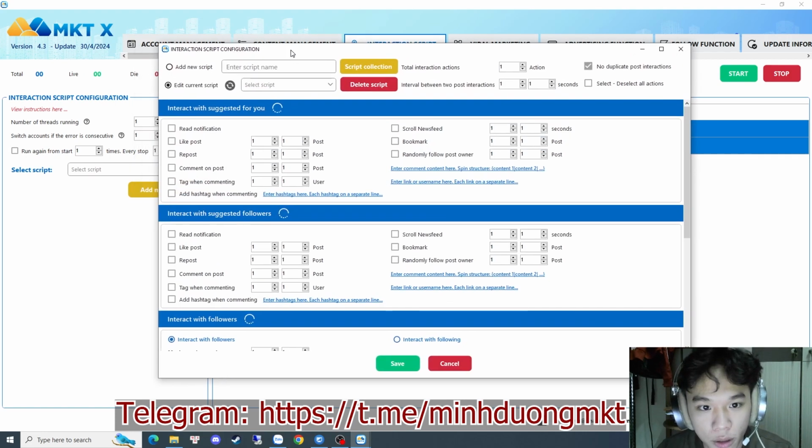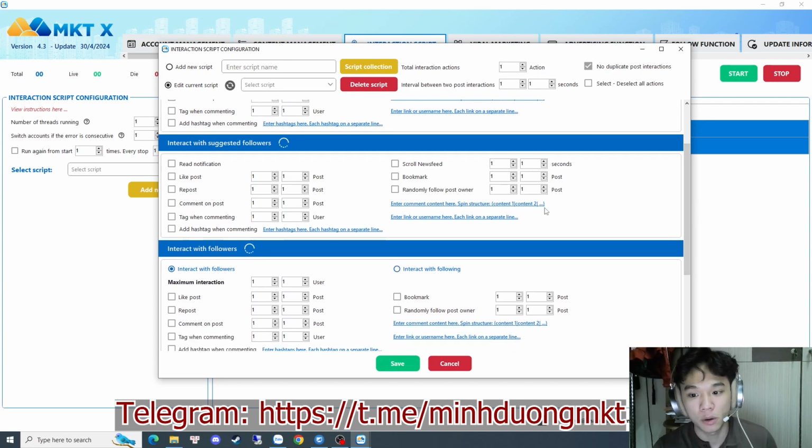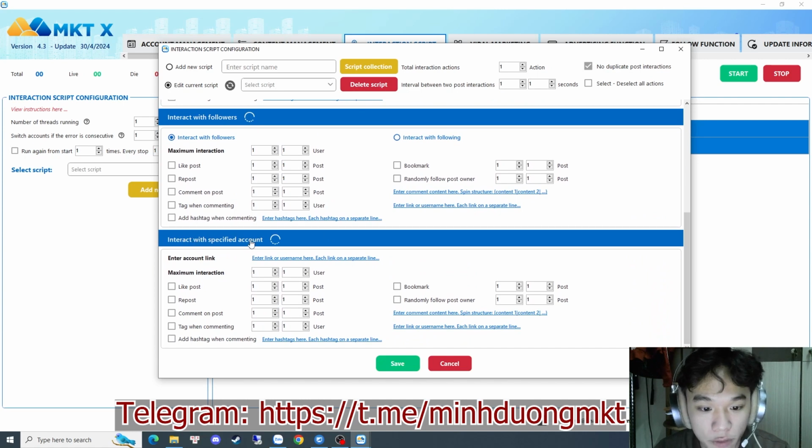I want the actions of my clone accounts to be diverse, so I click read notification, like the post, or repost, and stuff like that, to make the actions of the Twitter clone accounts diverse. So Twitter is not going to realize that my clone account is a clone account, and they won't lock my account, of course. So here you can interact with followers and with suggested followers, and you can also interact with specified accounts,